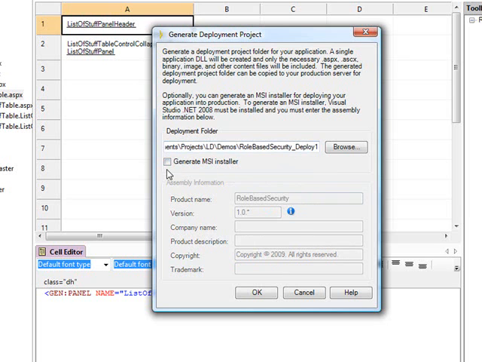Now, if you do not check that box, it's going to create the compiled version of the application. But if you do click this, it will also generate the MSI installer, which is going to take all your files, compress them into a very small, compact format, and you'll be able to copy them to your server more quickly via FTP. You can see that we can name our application here, and we probably want to say what